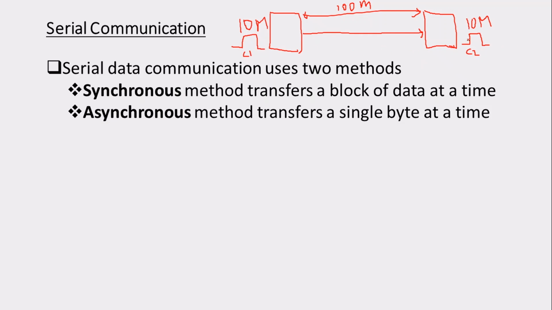When both the clocks are synchronized, the data which is being transferred will be synchronized with the clocks. Okay, when the clocks are synchronized, there is no missing of data. The data cannot be missed from the sender end to the receiver end. Since the receiver is synchronized with this particular clock, the receiver will know that this particular